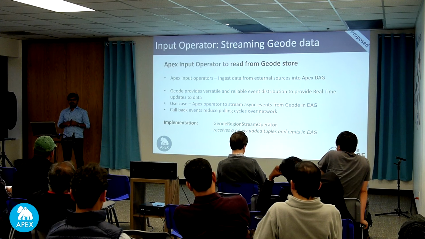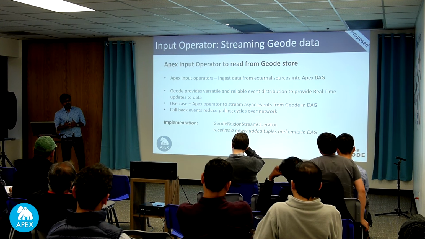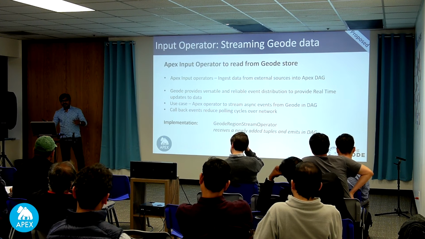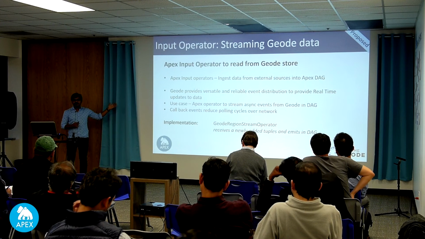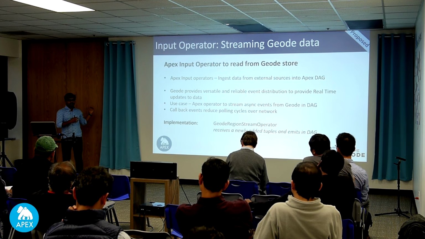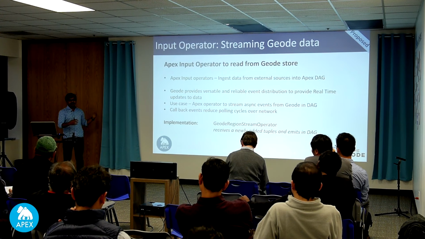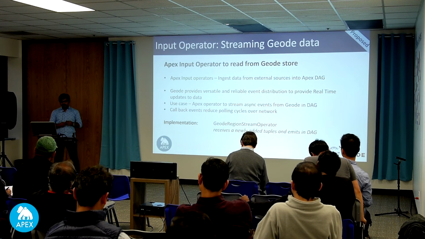Okay. So the next feature of integration with Apex, the streaming processing framework, is an input operator. The use case is that a lot of data, which could be raw data or pre-computed data, already resides in Geode, and a streaming application needs to source this data. I want to do streaming analytics on all of my data which already resides in Geode, or maybe I have an already running DAG